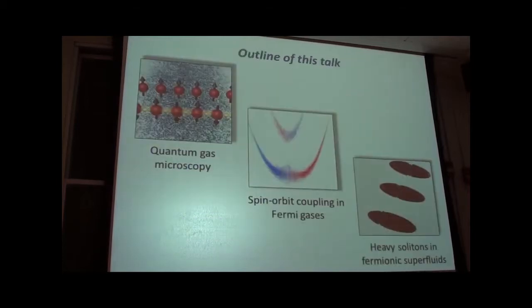And that's what the first part of this talk is going to be about, this optical technique which we developed at Harvard, called quantum gas microscopy, which we use to look at individual atoms in an optical lattice and study the many-body physics that happens there. This work we did with bosons. Now at MIT we're trying to do the same with fermions. So in the second part of the talk, I'd like to switch to fermionic systems and tell you about...